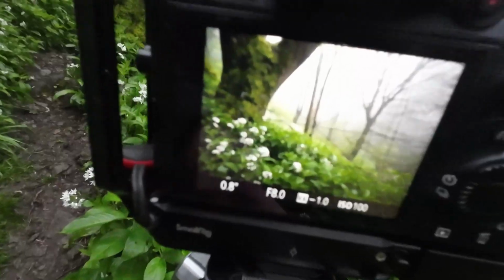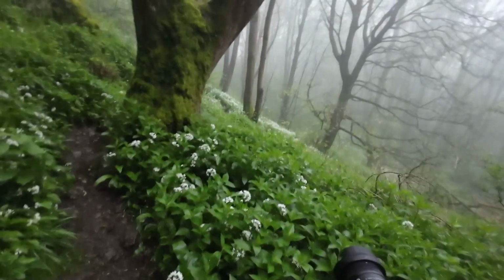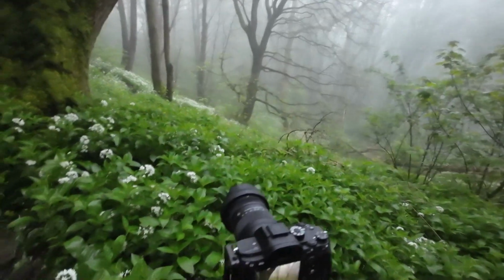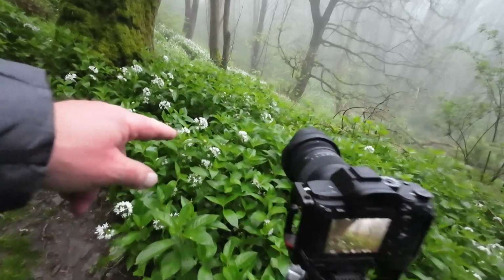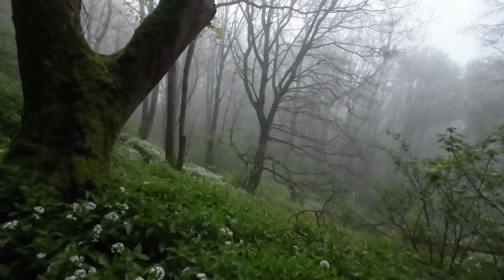Working time. Right peeps, got the composition sorted I think. Got this big tree on the left hand side. It sort of leans round over to this one here on the right hand side. I've got quite close using the wide angle. I'm on 22mm. Try to make use of this wild garlic here. We've got wild garlic in the bottom, and then all this fog and mist. So yeah,